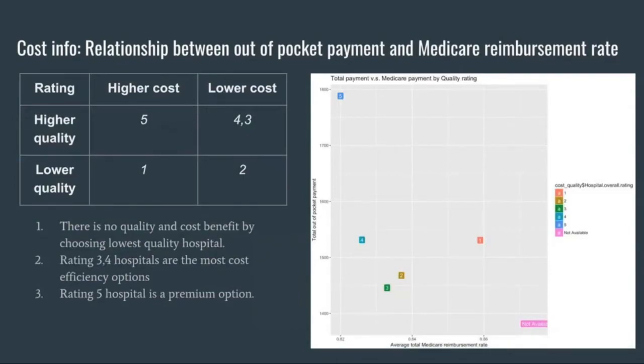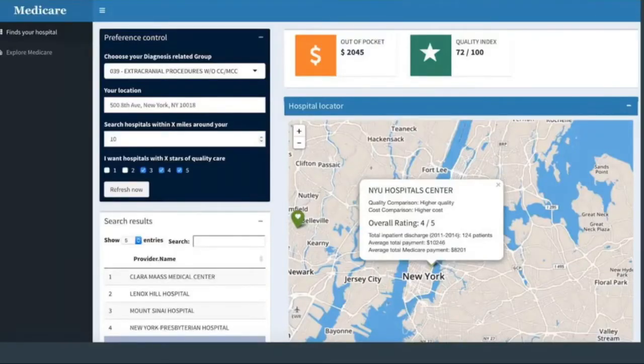So we can divide these hospitals into four categories. Level 5, the 5-star hospitals, have higher quality of care but higher cost. Levels 3 and 4 have lower cost but at the same time maintain higher quality of care. Levels 1 and 2 are at lower quality but at a relatively higher cost. So based on these findings,